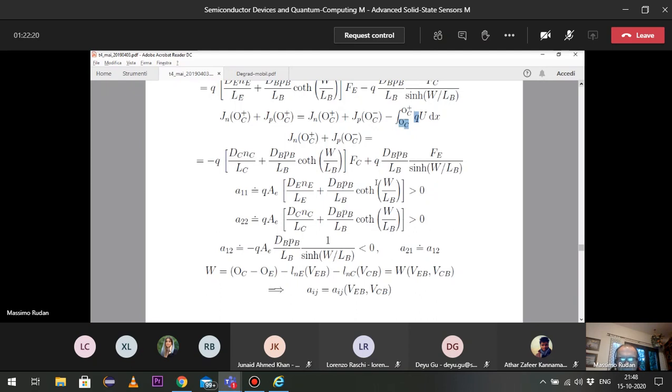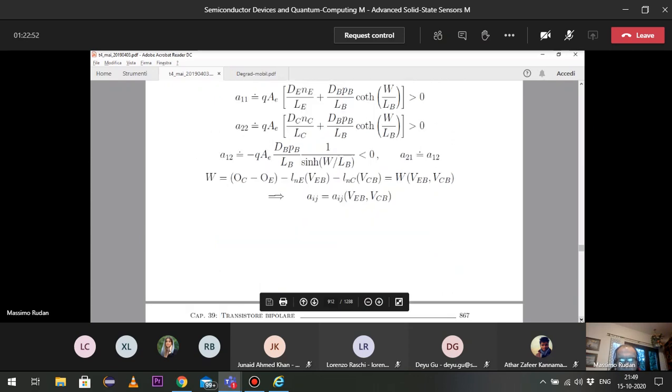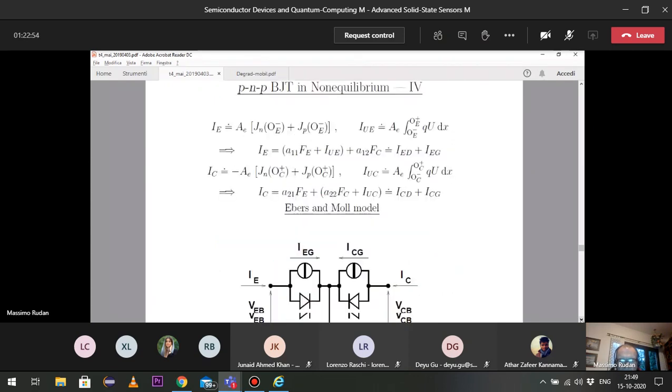So when they grow both exponentially, the ratio goes to 1. So the cotangent goes to 1, and A11 becomes exactly the coefficient of the p-n junction on the emitter side alone. And A22 becomes exactly the coefficient of the p-n junction on the collector side alone. Okay, so we have exactly the limiting case that we expected, but this is of no interest, okay, because of